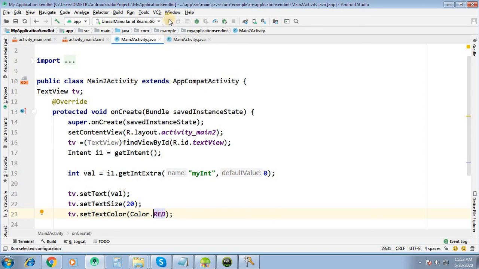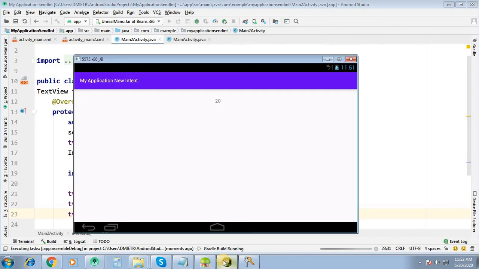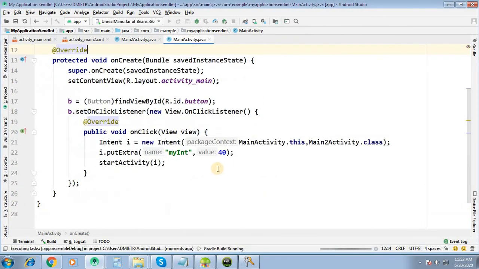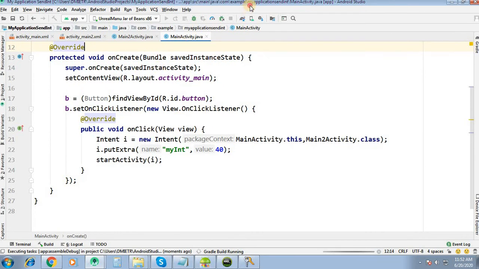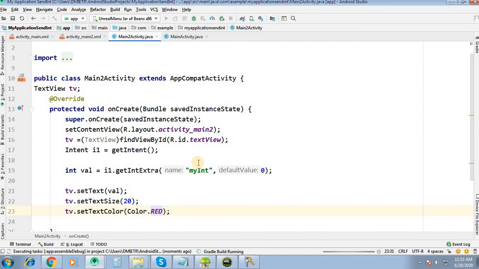So now let us run this configuration. The value we are sending is 40, and 40 will be set in the second activity. Now it's running. This is the first activity, and this one is the second activity.